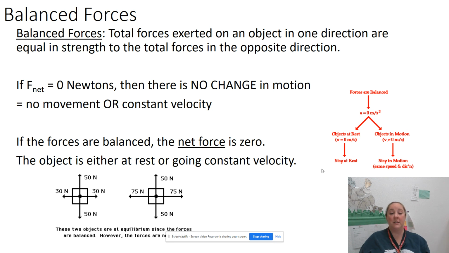If the forces are balanced, the net force is indeed 0. That therefore means that the object is either at rest or going at constant velocity. I added this little graphic for you to be able to say to yourself, okay, are the forces balanced? Yes, they are. Then that means we have no acceleration. And that means we could either be at rest or in motion at constant speed. And then there's an example down